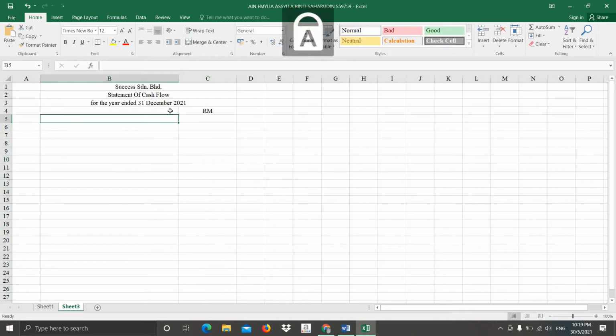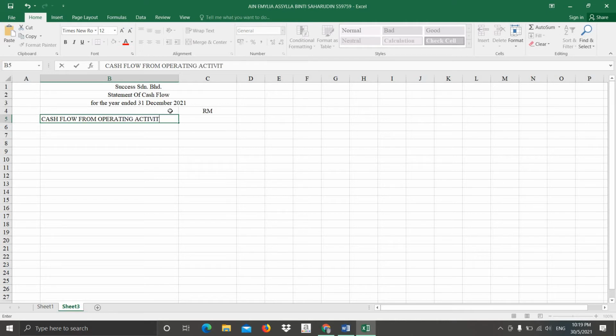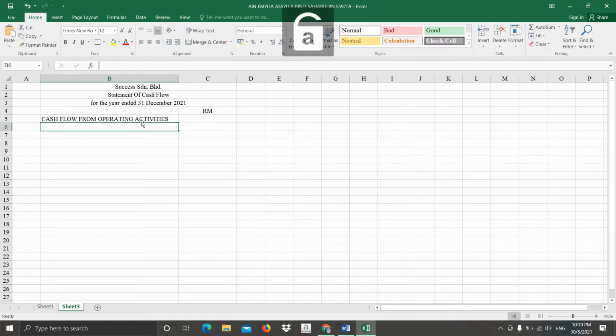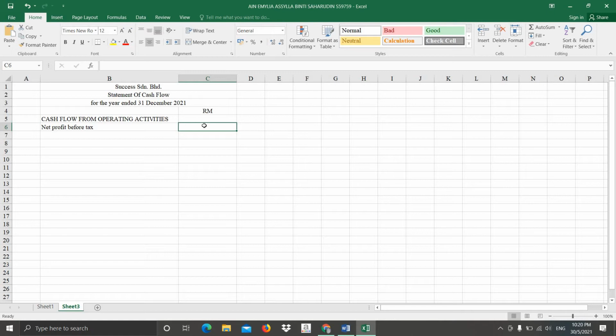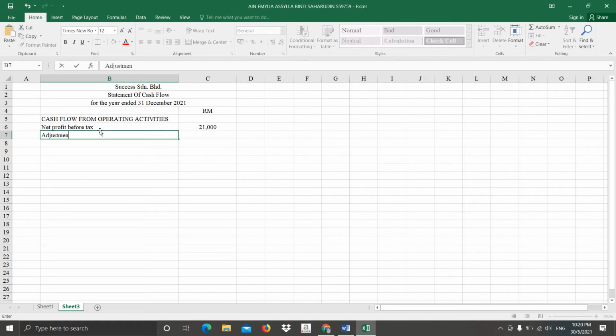So we start with cash flow from operating activities. Okay, we start with net profit before tax. It is given in the question, which is 21,000. So we need to do the adjustment to add back all of the non-cash expenses, which the first one is